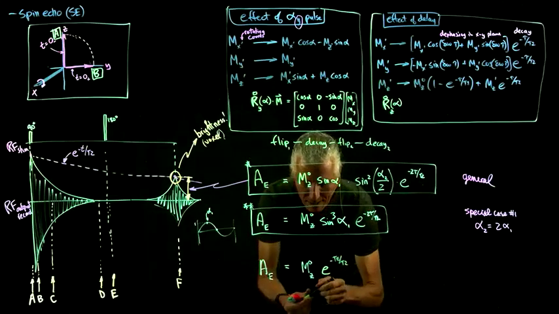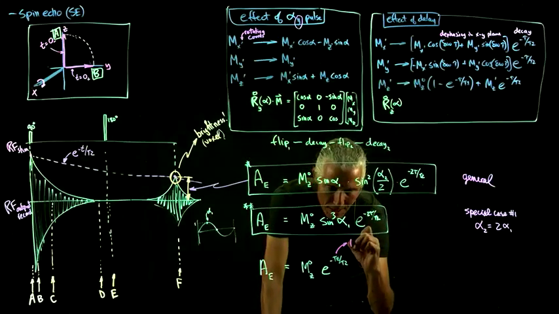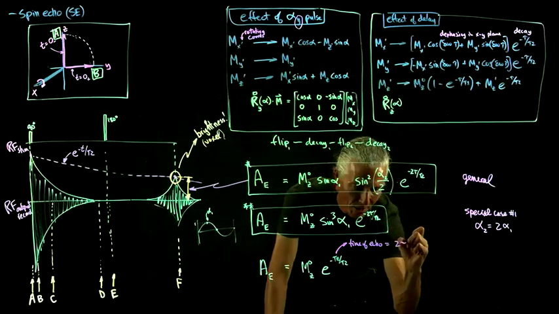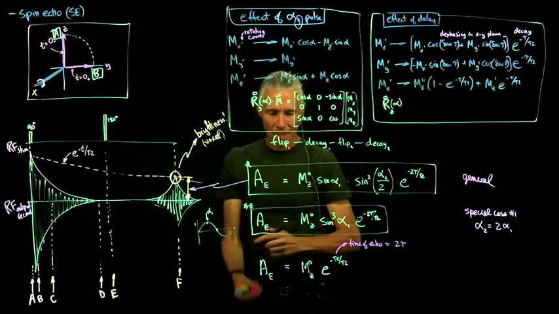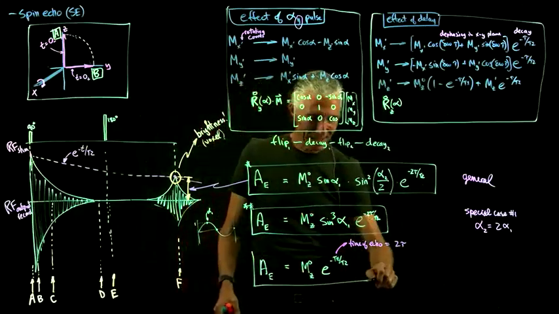And TE is just the echo time. So this is time of echo equals 2 times tau. So that gets 3 stars. So that's the simplest